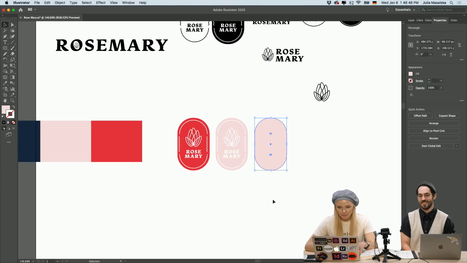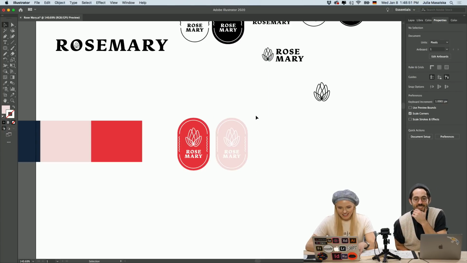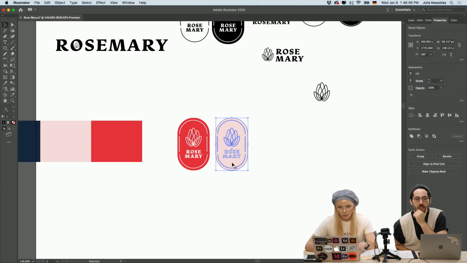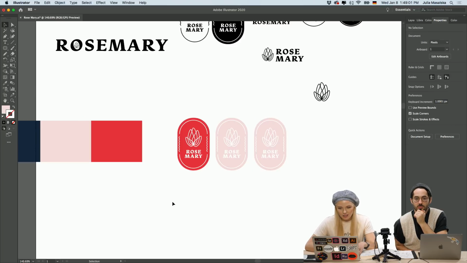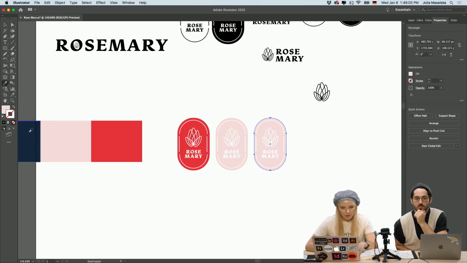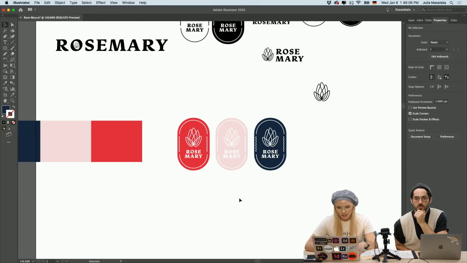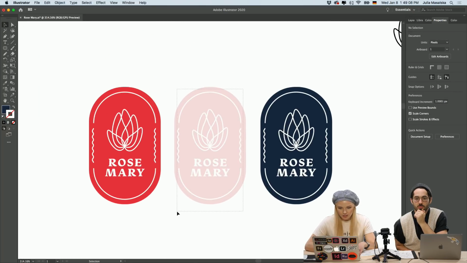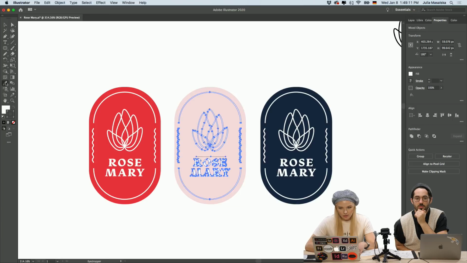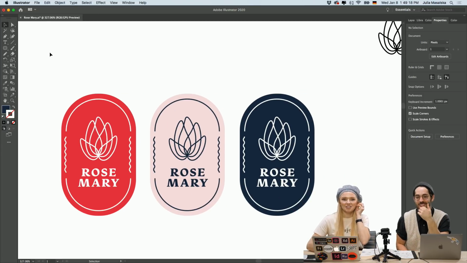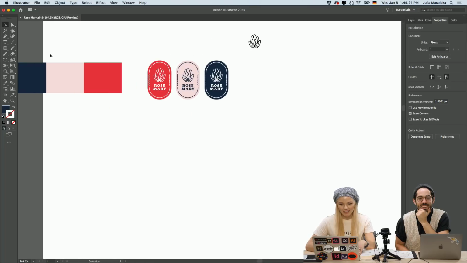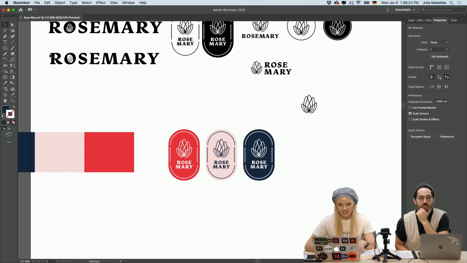As you can see, I love the colors. It looks so good. The color gives it a little pop. As you can see, the white on the light pink is not enough contrast, but we will change that. That's why we have the darker color here, so we can keep up the contrast. Okay, so now let's change this one to the dark blue. I think it's a great combination. That color looks really cool. I'm happy with that. Okay, let's try the next one.